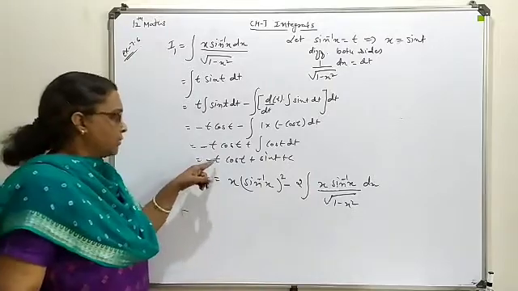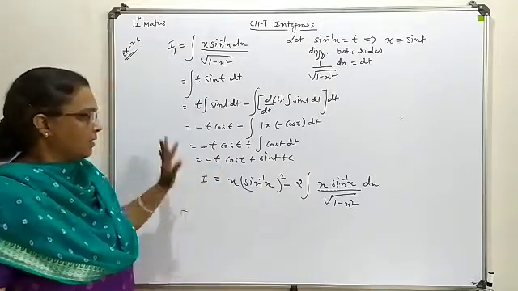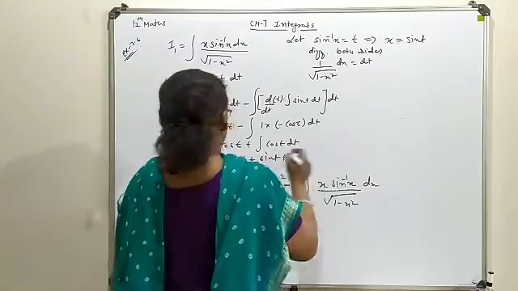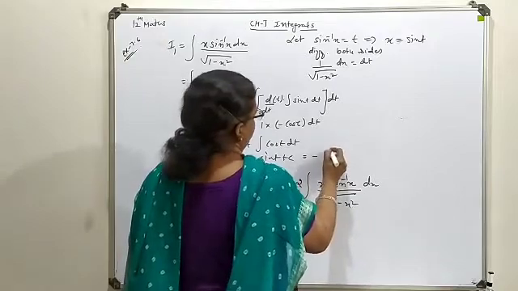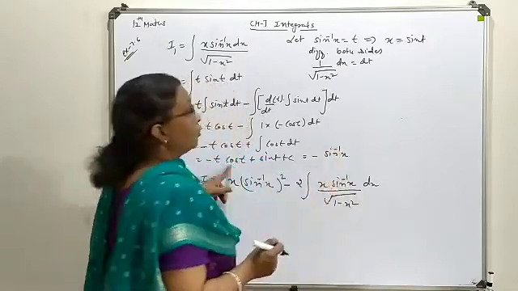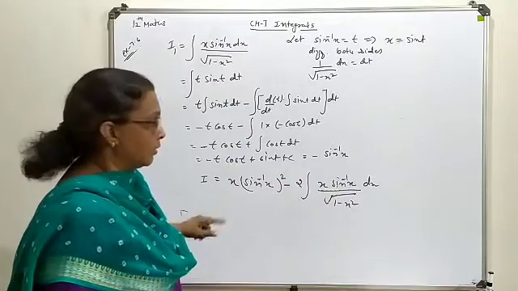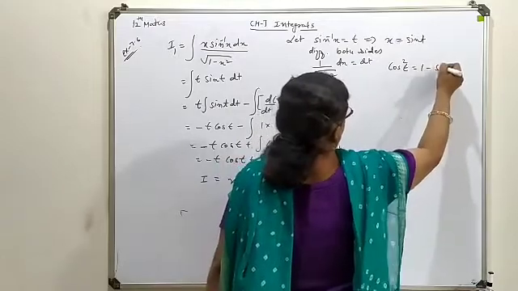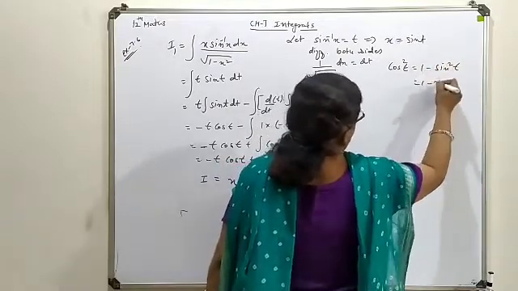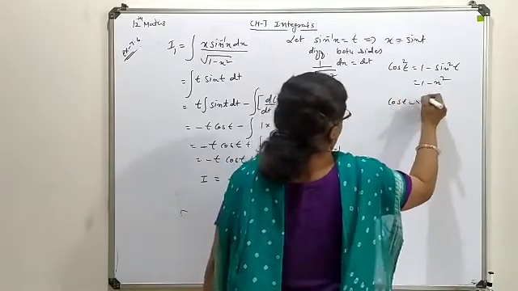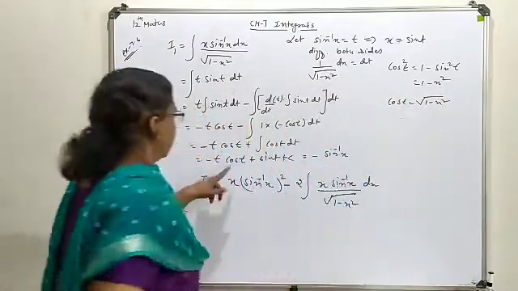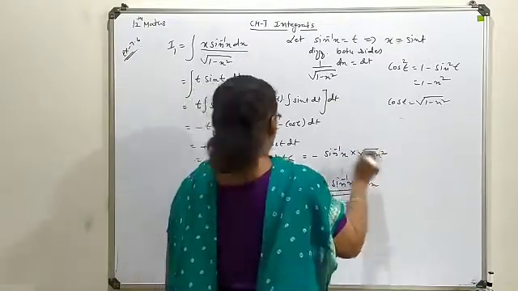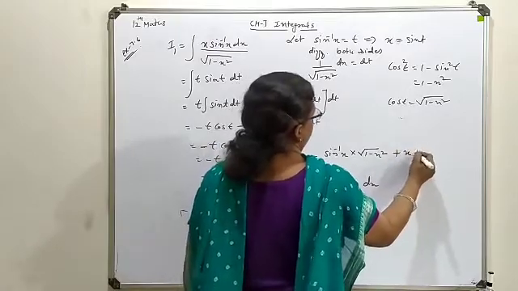Now on substitution of t as sin inverse x, we are having the final form. So the final form here we are having is minus t, means sin inverse of x. Now cos t, sin t we are having as x. So cos t you can write as under root of 1 minus x square. So here this cos t you will write as multiple under root 1 minus x square plus sin t, that means x, and plus constant.